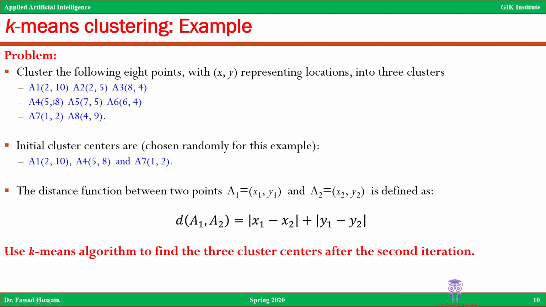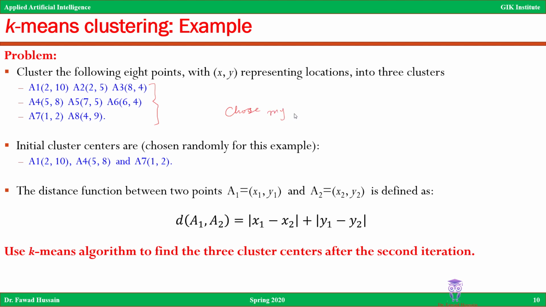So for this example, I have chosen 8 data points, and to keep it simple, we are going to have just 2 values, so x and y coordinates, so that we can easily draw it on a graph as well. So there are 8 data points, each with 2 coordinates, x and y, and so this is my data points. The first thing I need to do is